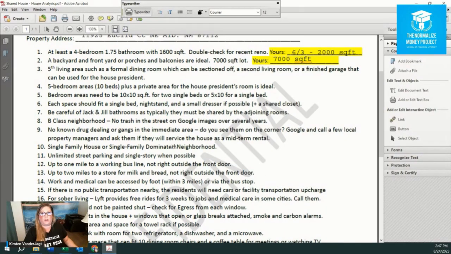Sober living, you wouldn't want to lock the doors because you wouldn't want people who are fresh out of detox to lock themselves in their rooms. People who are a year out of detox or a year sober, they could lock their room. We'll talk more about sober living and what we have experienced at Katie's House Foundation, and then also in my